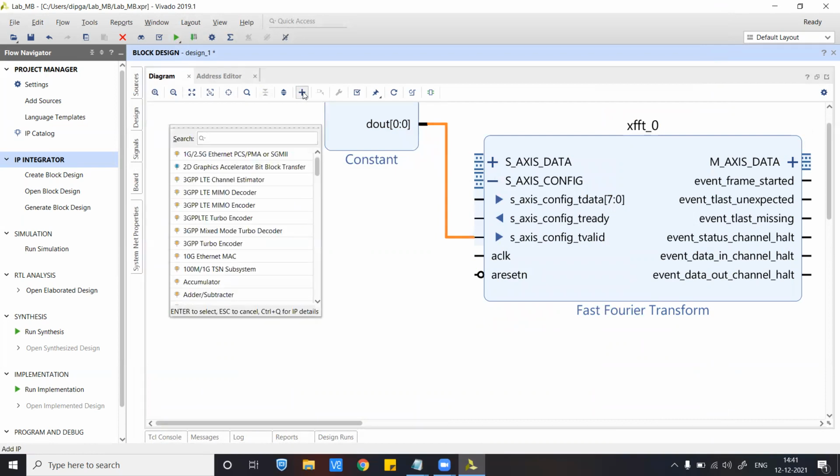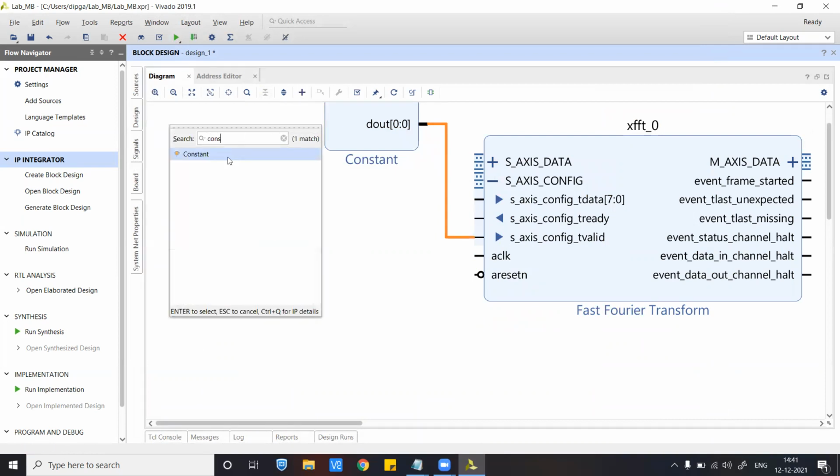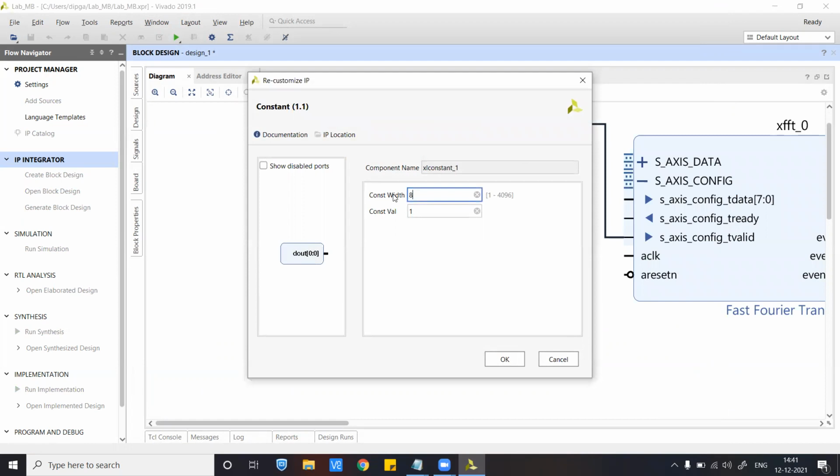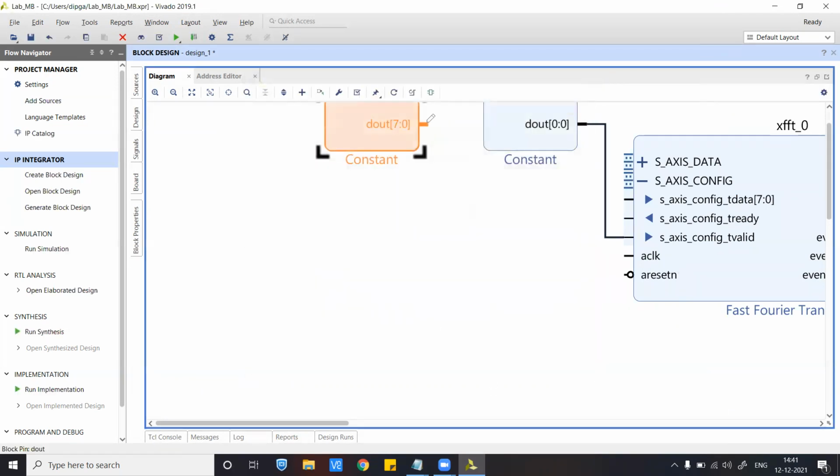Then I need another constant IP, which you have to configure to 8-bit width, and the value remains 1. This is for the configuration part. So connect this to T data manually.